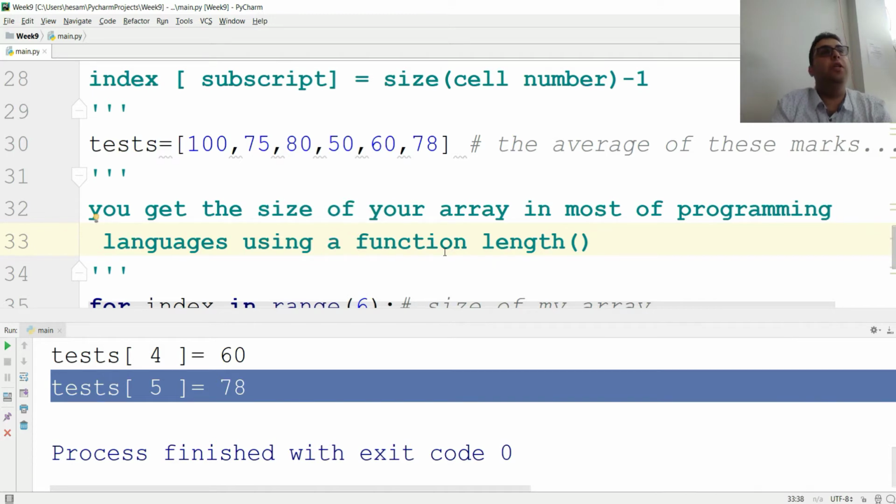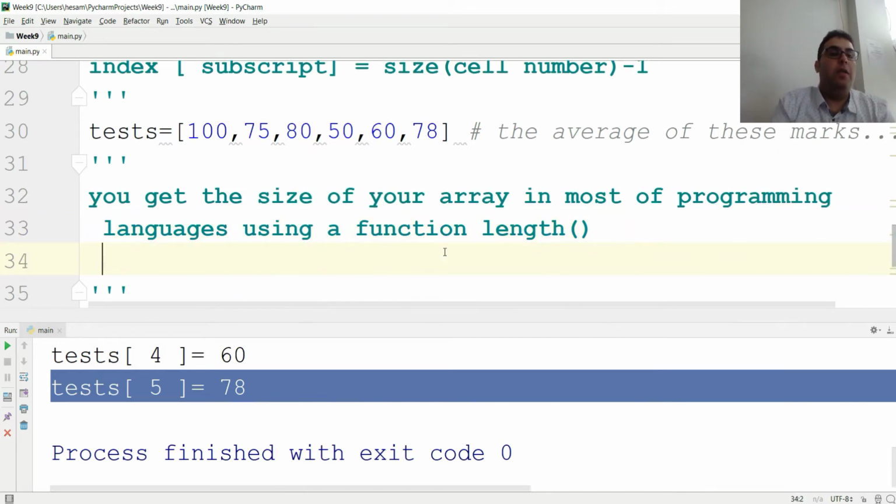So in your pseudocode, in your flowcharts, that's what it is. 95% of the languages use that. C++, Java, C#, whatever. But in Python,